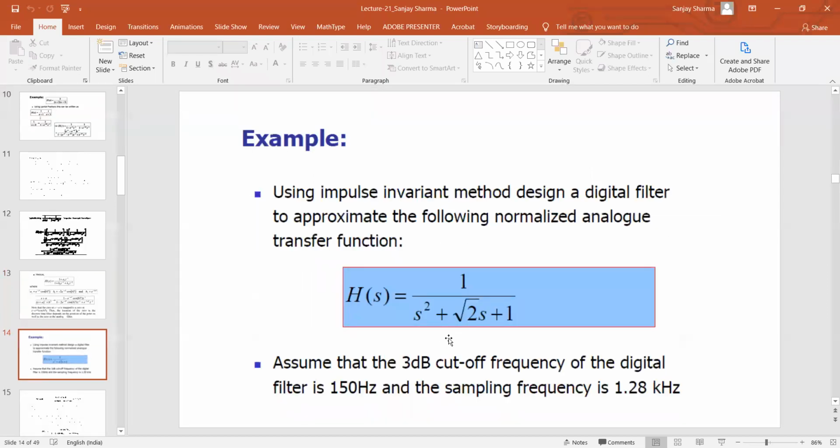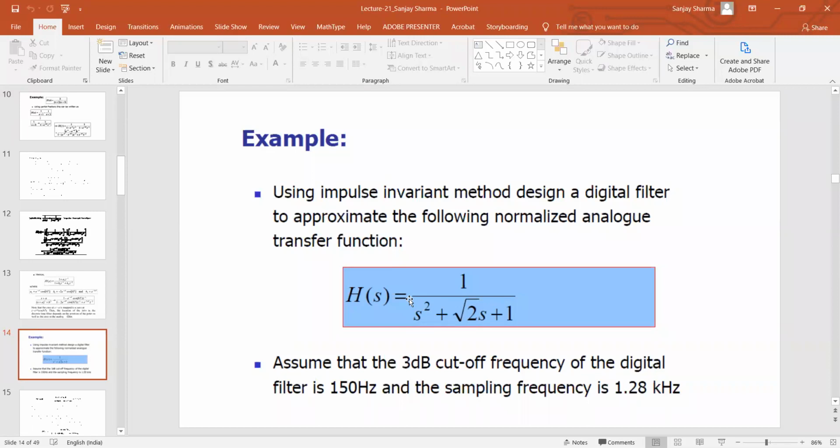And I took also this example. This analog filter is given. This is a normalized filter. You need to denormalize it first. How to denormalize it? Replace every s with s by omega c, because we are given the cutoff frequency. Capital omega c is equal to 2 pi fc, which is 250 hertz, right? So you divide every s with s by omega c, right?